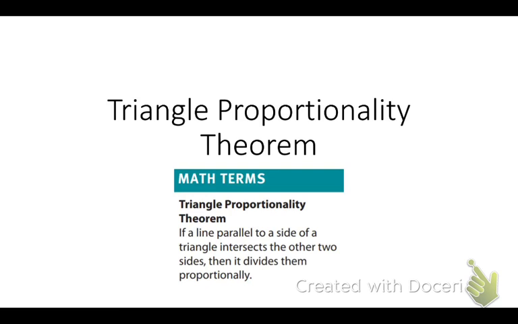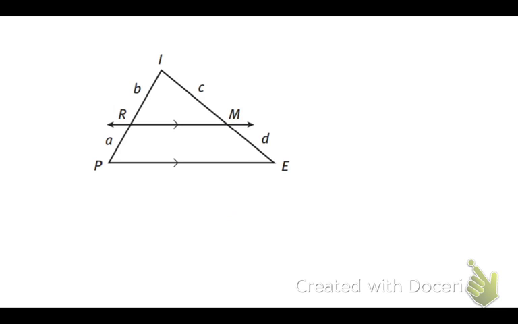Well, let's look at what that means. So right next to the triangle proportionality theorem on the top of page 266, you'll see this diagram. And we are told right here that these two sides are parallel. Line RM is parallel to line PE. That's what these two arrows right here mean, parallel. So what we can say then is that this part divided by this part will equal this part divided by